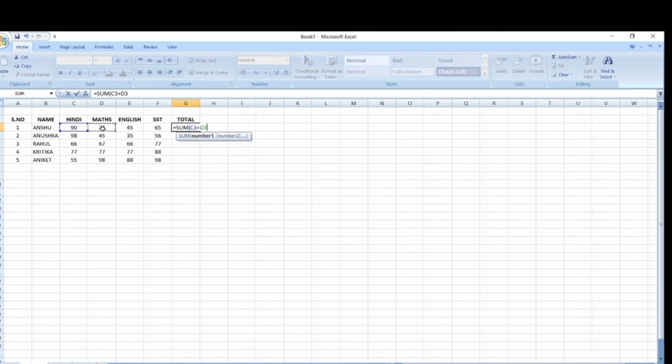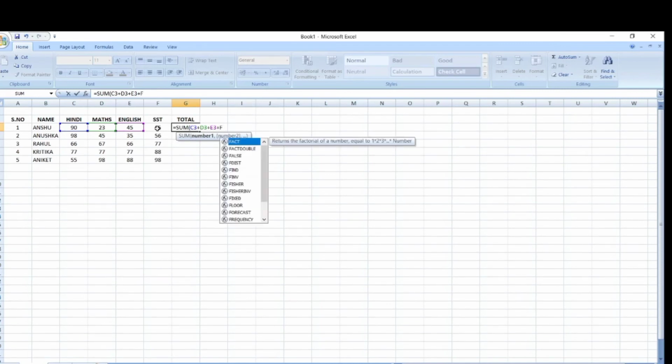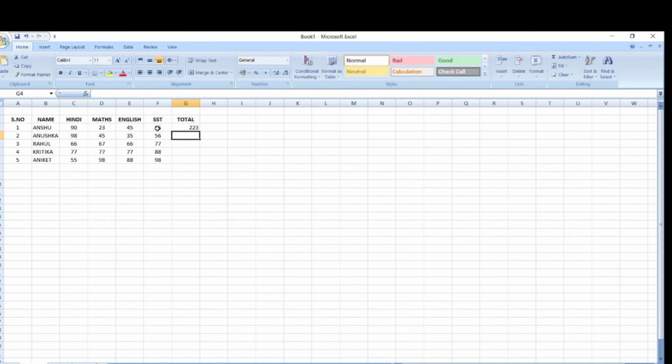Just the same, you select E3 and F3, or you can write it manually. Then enclose it and press the enter key. Here you have seen with the second way the total remains the same. This one is your second method.